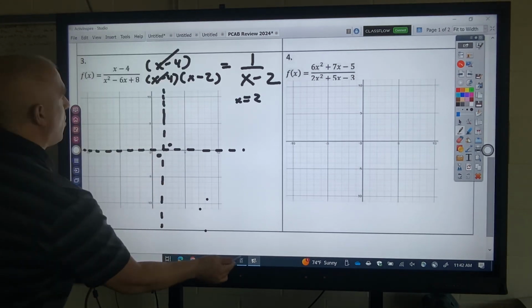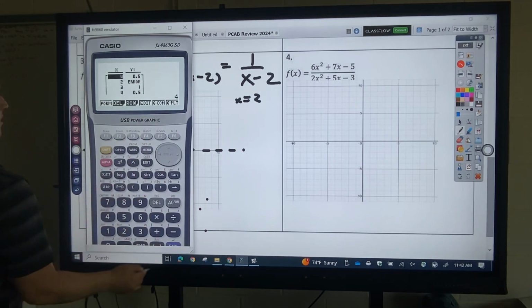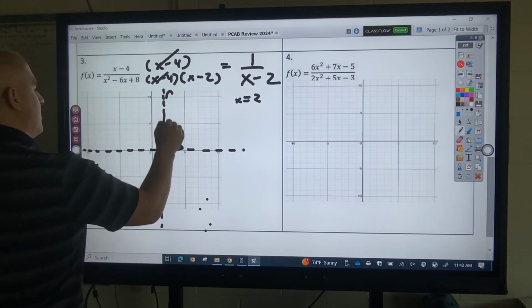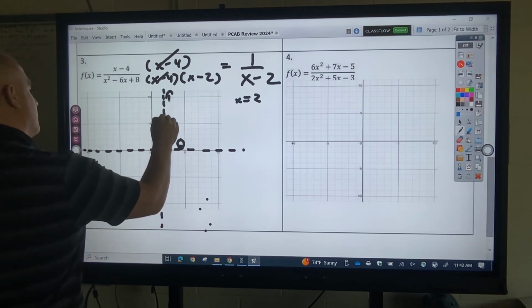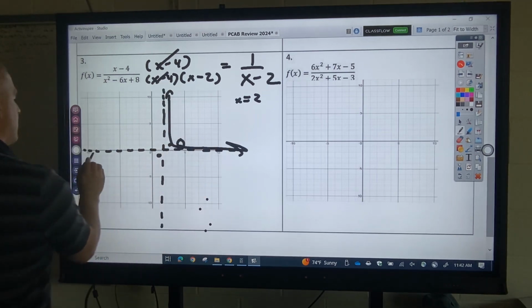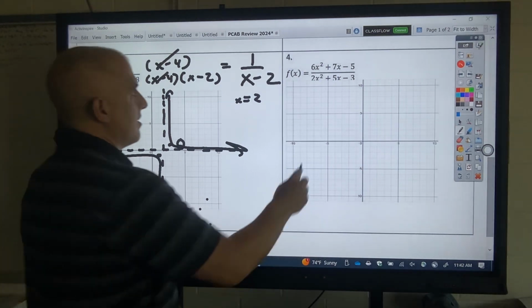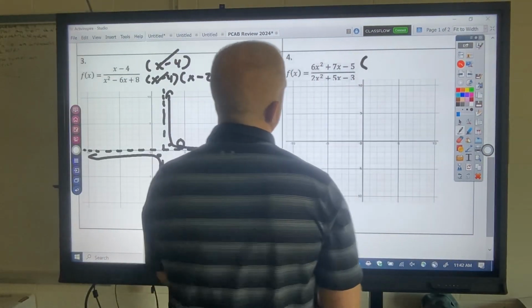I also have a hole at 4. So that's 4 over 0.5 up, so here. So I know I didn't draw that very good. I'll over-exaggerate that. That's there, and then that's going to be here. Okay? All right? If I go to factor this,